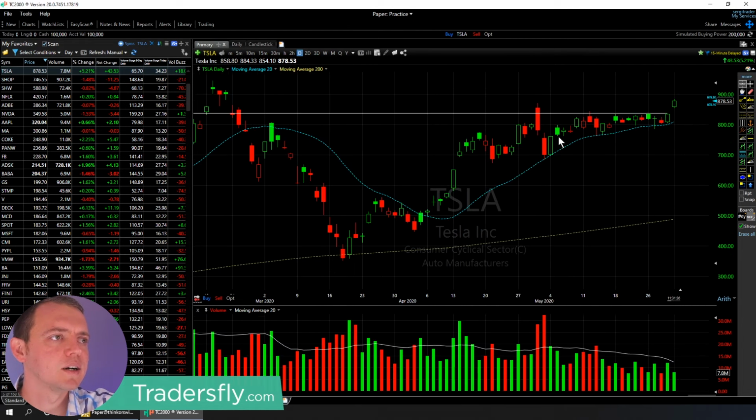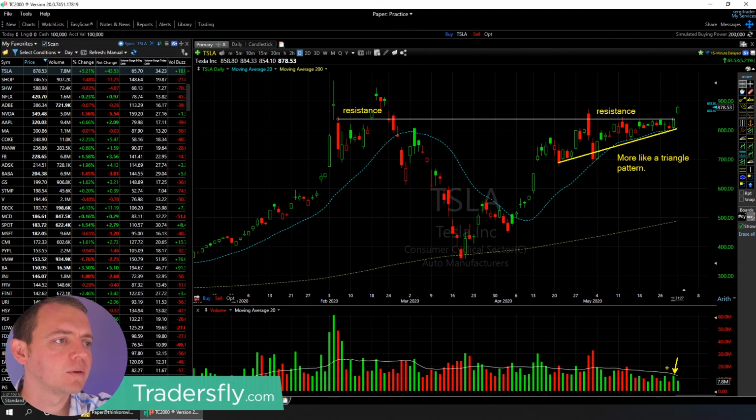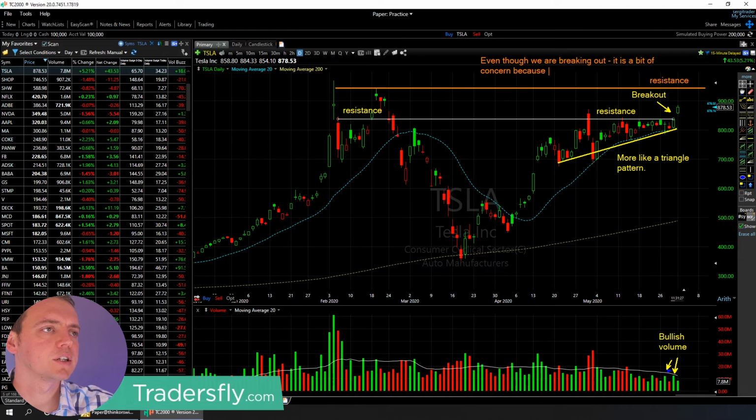Tesla, one that's here, we've had resistance. So take a look. There's resistance. Here is resistance in this level. You can see we've been kind of compressing a little more like a triangle pattern here. We are breaking out, but the problem is the bullish volume here on the break is not a typical Tesla break. And when you look at this, a little bit of an area of concern, especially with this overhead resistance right here. Even though we are breaking out, it is a bit of concern because the volume